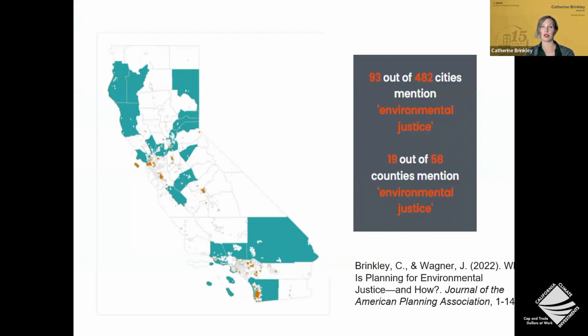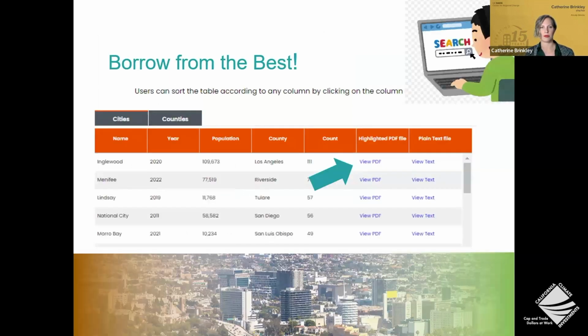If you're interested in pulling out all of the policies related, you can also read the plans. And we've done this in a publication below in the Journal of the American Planning Association, focusing specifically on environmental justice, where we found over 628 discrete policies in just 7 plans that mention this topic the most. So lots of ideas.